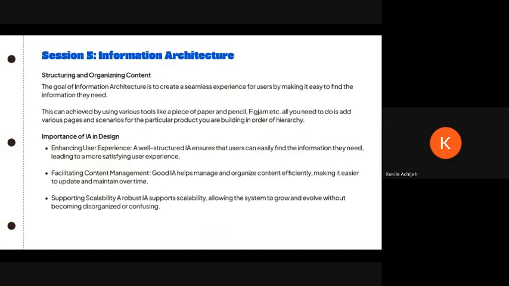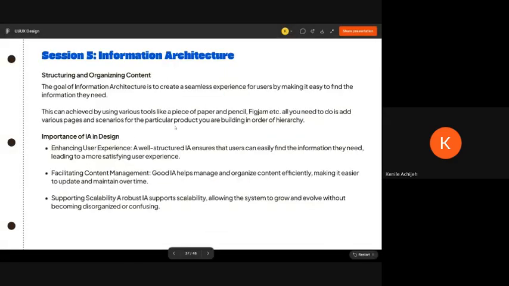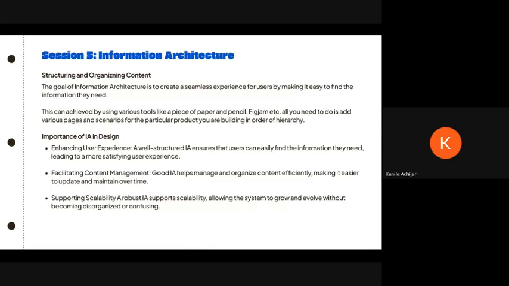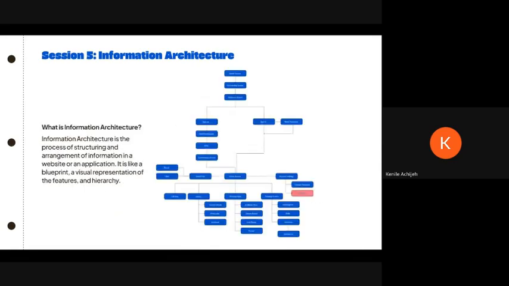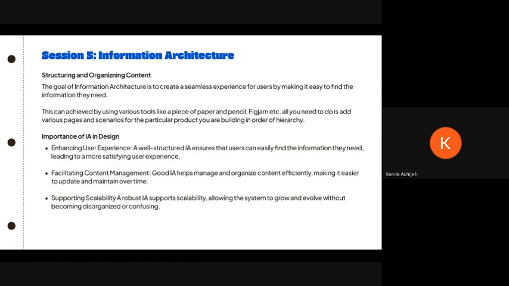Okay, let me just explain this part of the slide. I think this is the last part of this slide for this session, so I can go to my FigJam to explain what I want to explain for that. So structuring: how do you structure or organize your content? At the end of the day, you've done your research, you've done your persona, you've come up with,